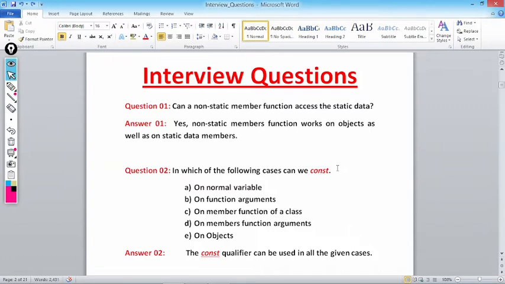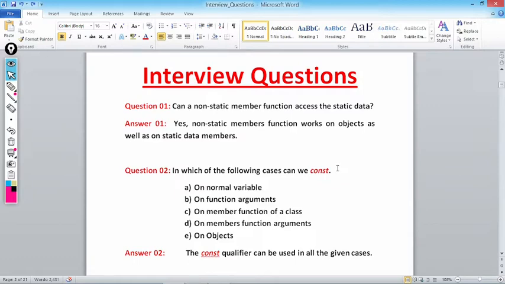Let's start. Our first question in that series is, can a non-static member function access the static data? The answer will be yes. A non-static member function works on objects as well as on static data members, which we have already gone through.